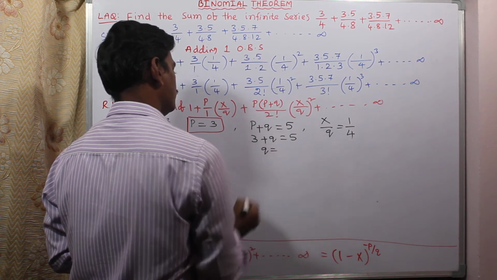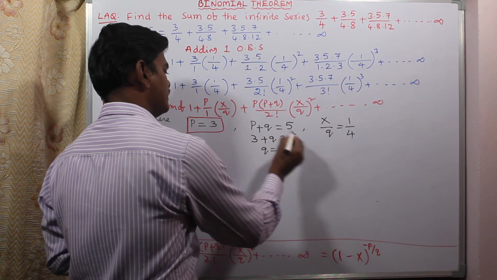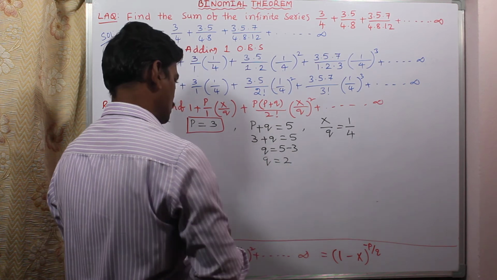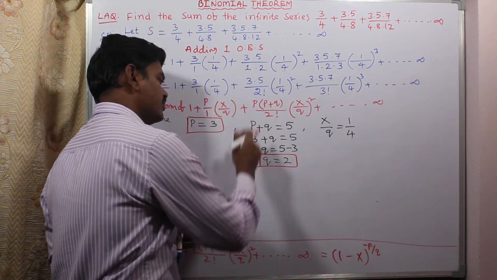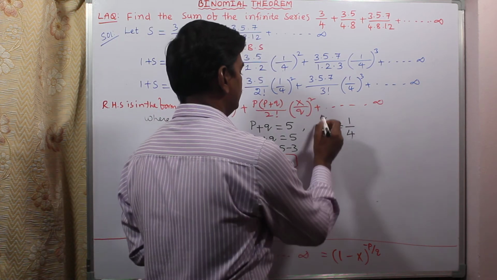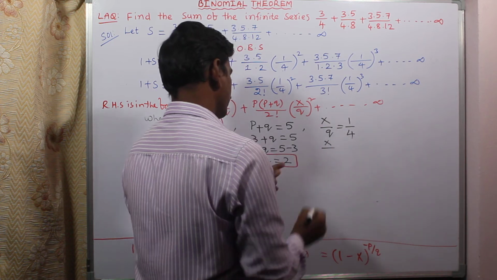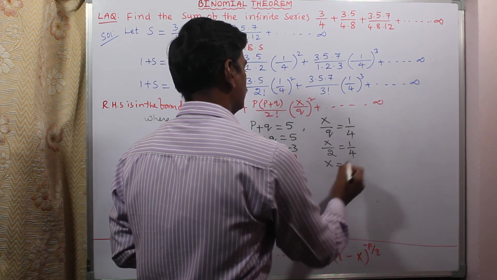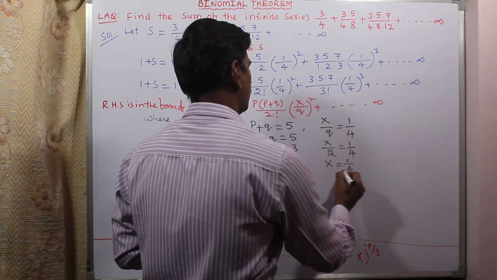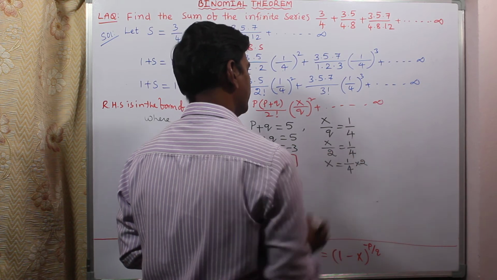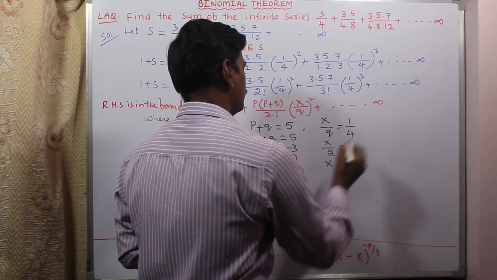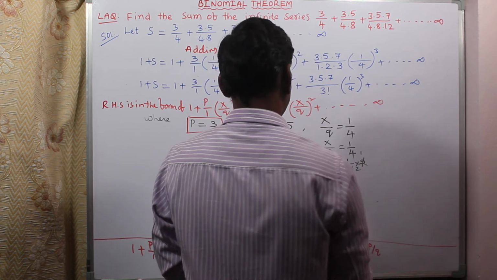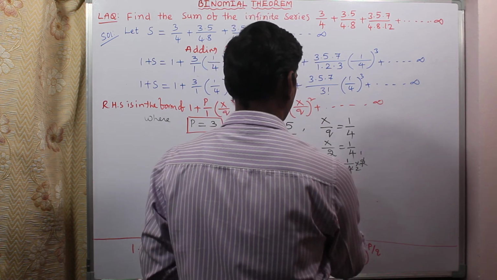So q is equal to 5 plus 3, on transposition becomes minus 3. So the q value we get is 2. 5 minus 3, 2. Now by substituting q here, you can find x by q, value 2, is equal to 1 by 4. So x is equal to 1 by 4 into 2. Divided by 2 it becomes into 2. 2 1s are 2, 2 2s are. So I got the x value 1 by 2. Capital X value 1 by 2.